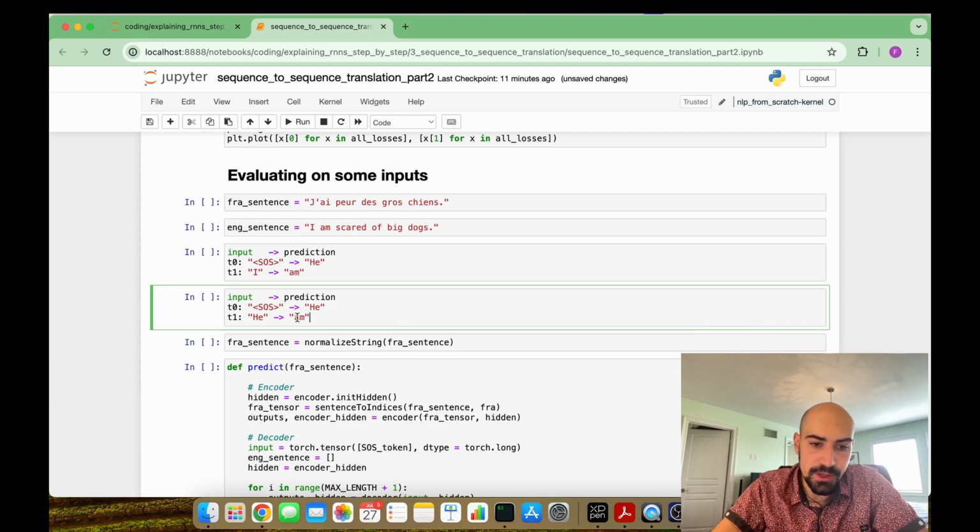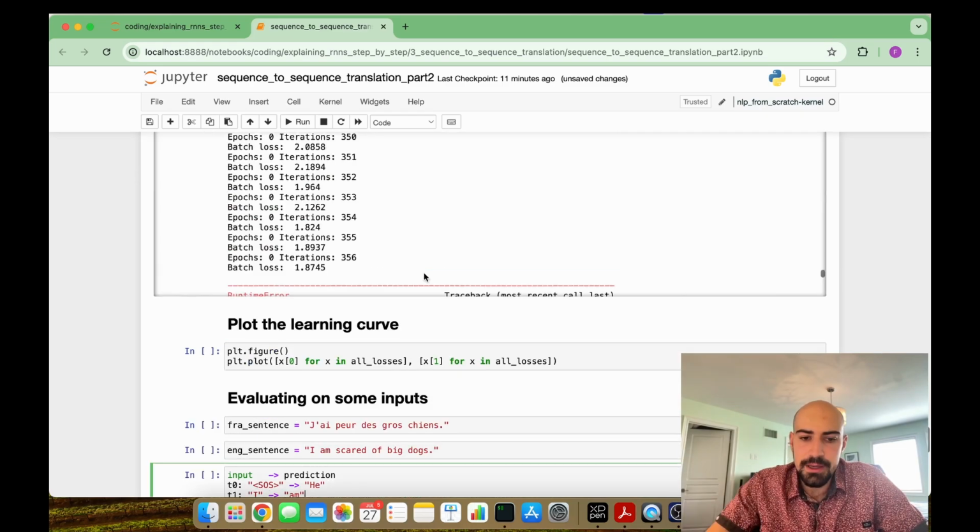And then we would be trying to predict the word am. In a prediction setting, we can't just use the previous word from the target, from the answer, because we don't actually have a target input. We have to use our next prediction that comes out of the decoder